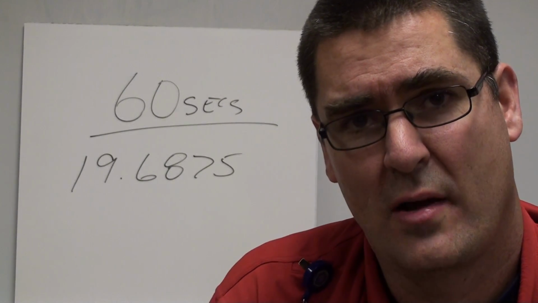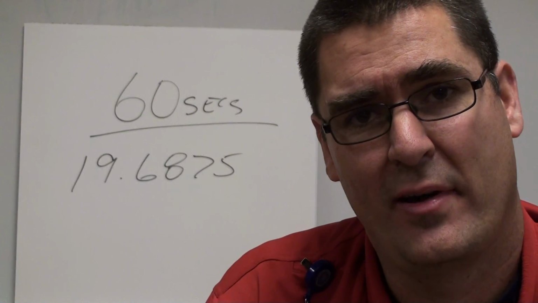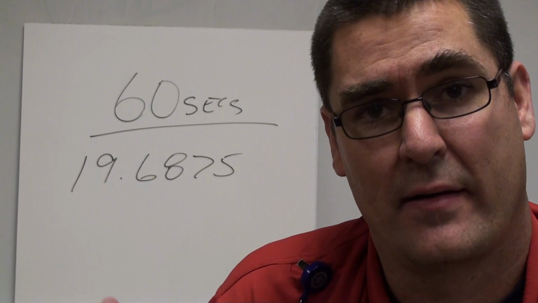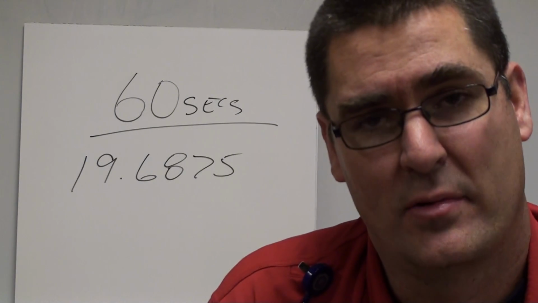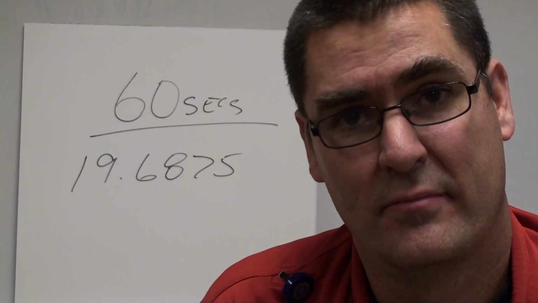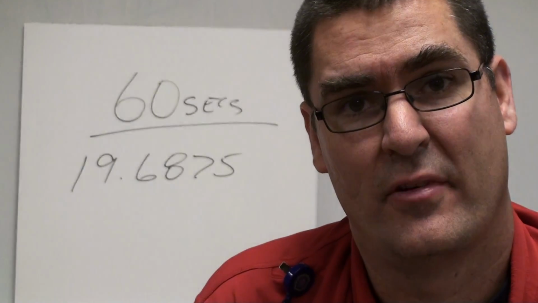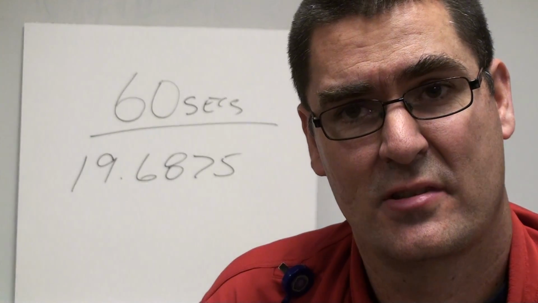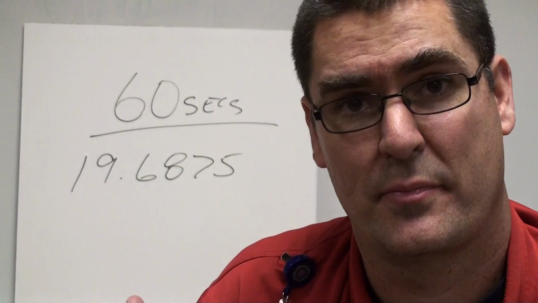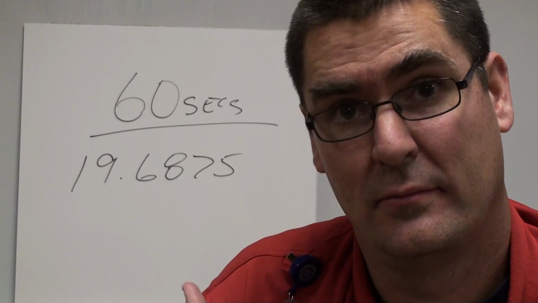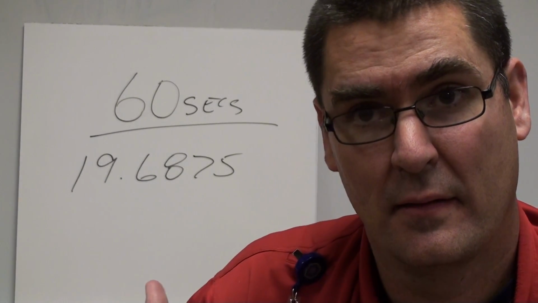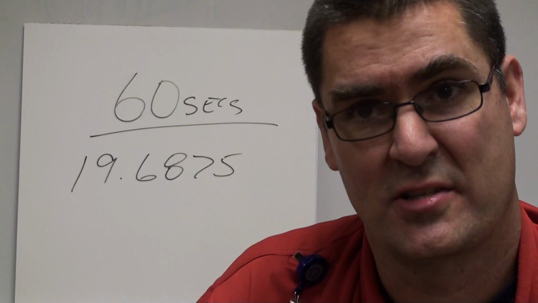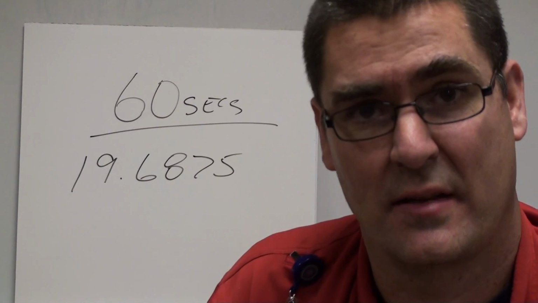In that 1 minute, I only need 19.6875 drops a minute. Now, what that means is another math formula. Very simple one. 60 seconds divided by your drip rate, so your drops per minute. So 60 divided by 19.68